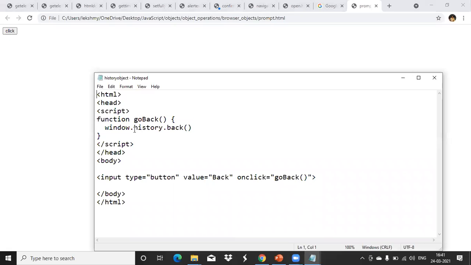That is the history object. See here I used it with the window object. Actually, this is also not required; without that also we can use it. So window.history.back is the function name. When I click this back button, it will go back like this. goBack is a function which I created in my program. Back is a built-in function for the history object. In the same manner, we have a forward function also, which will go to the next page link. Okay, clear? Any doubt?